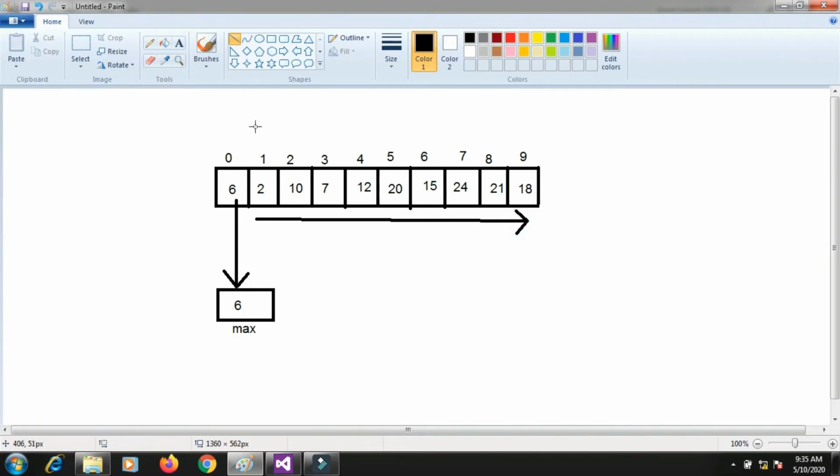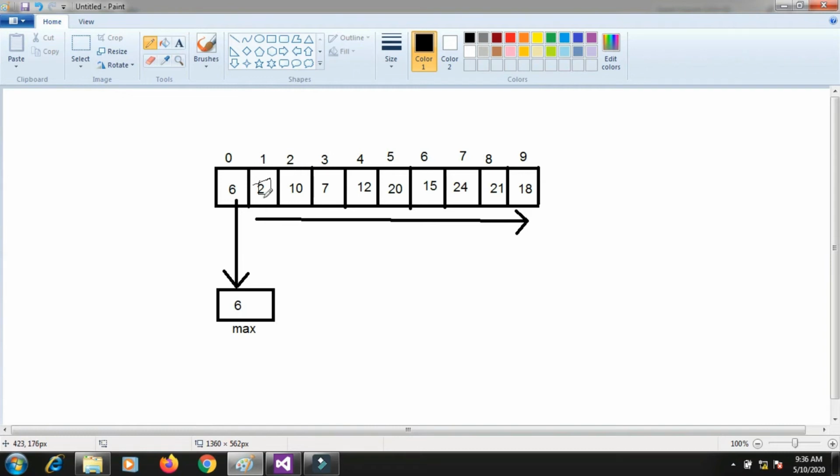That means first I will take out this 2, which is first index element, and I will compare that with the max value. So if the element inside the array is greater than max, then I will assign that element to the max variable. So you listen carefully. If the element inside the array, that means 2, is greater than max value, is 2 greater than max value? No. So in that case no need to do anything, just I will go ahead, I will compare the next element.